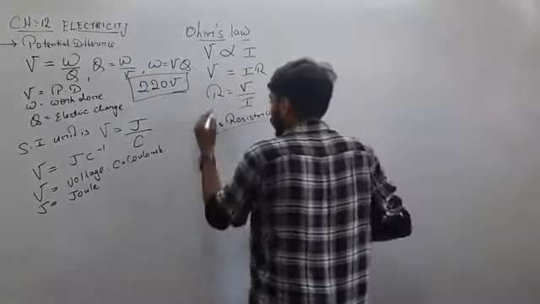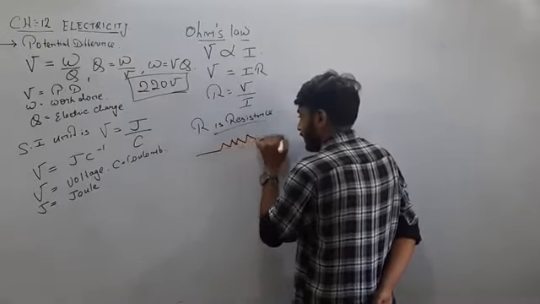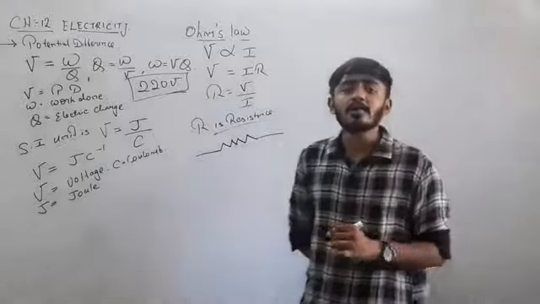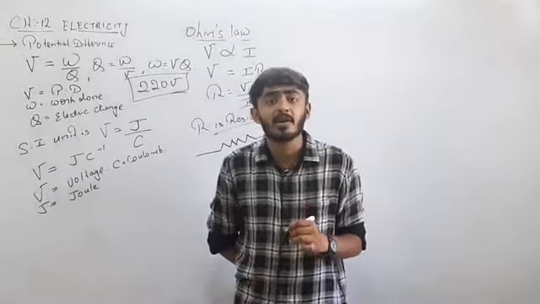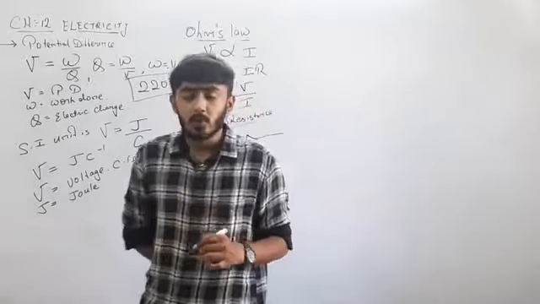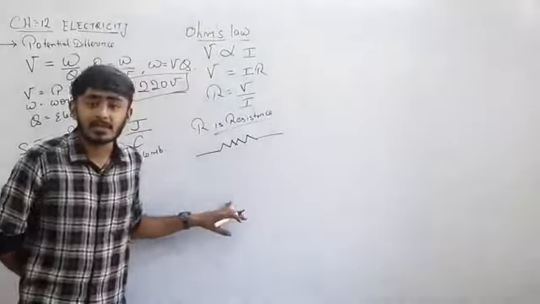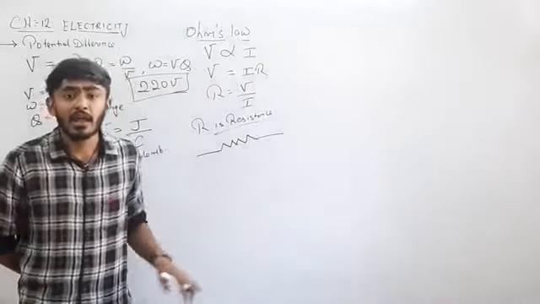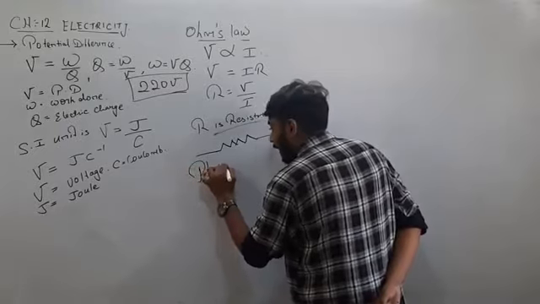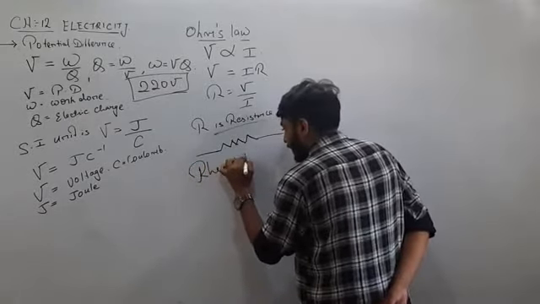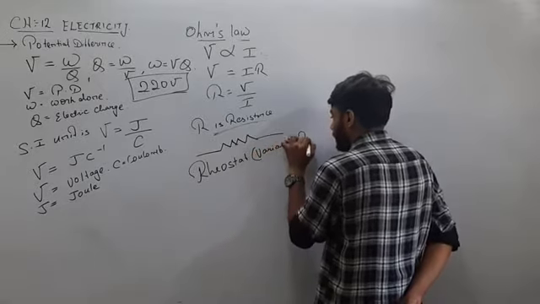Fine. I also told you the symbol for resistance is this. Whereas one more resistor we use in our day-to-day life is the variable resistor. Here, variable resistor means we can change the value of resistance, and it is also known as a rheostat. The spelling is R-H-E-O-S-T-A-T. The other name of a variable resistor.